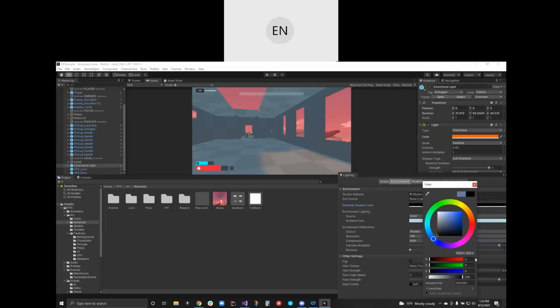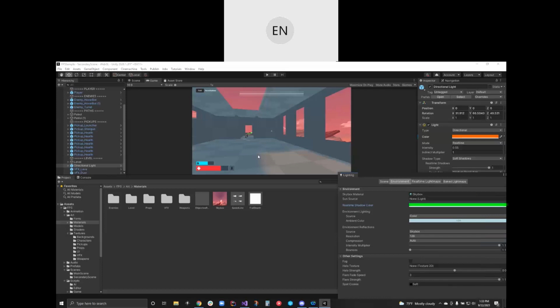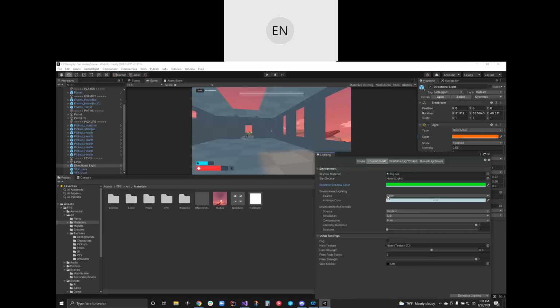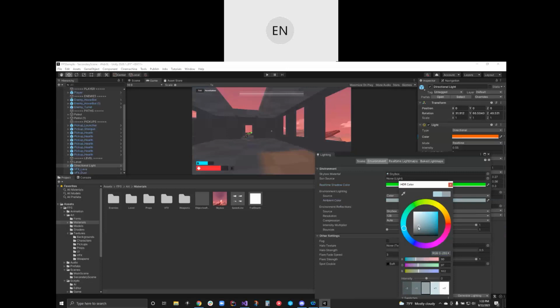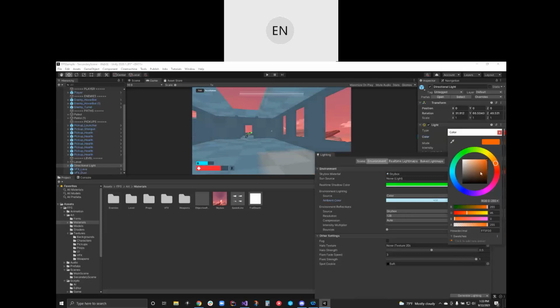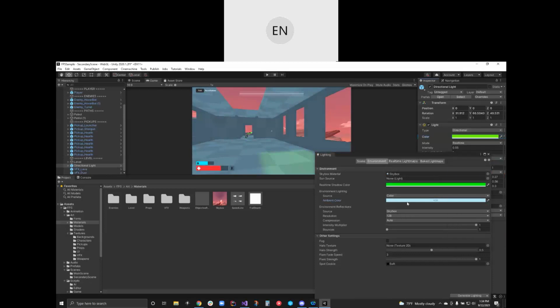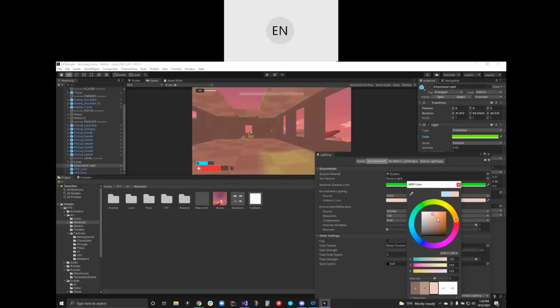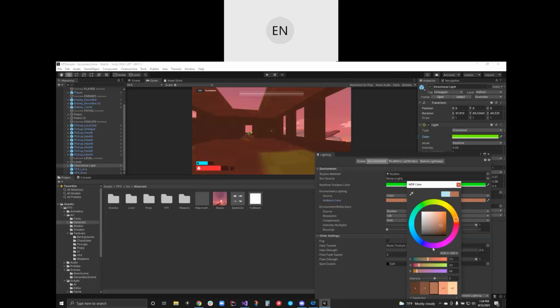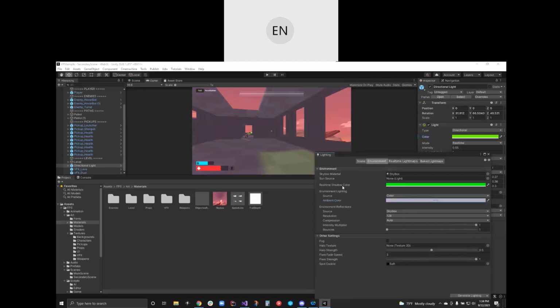So let me see where it's. Somehow it's coming through. Oh, real-time shadows, real-time object shadows. Okay. So notice the ambient color. It's like a lightish blue. That's great. Notice that there's a color coming from the directional light. It's just this thing. So I can completely change whatever. In this case, we're going to have green, and our ambient color will be, for whatever reason, like a purple. I don't know. Whatever your environment is.